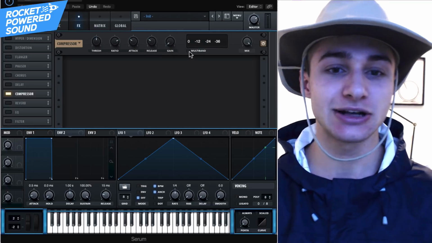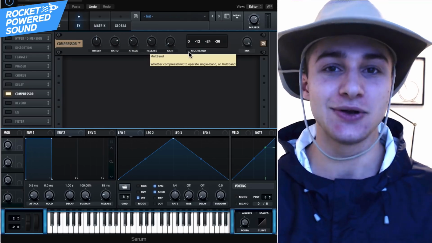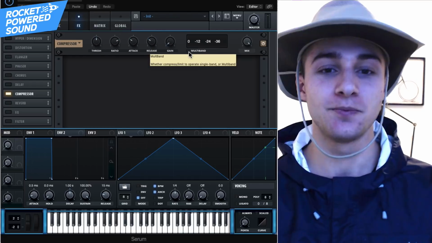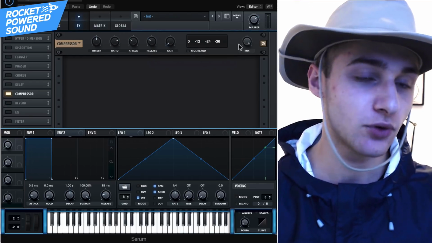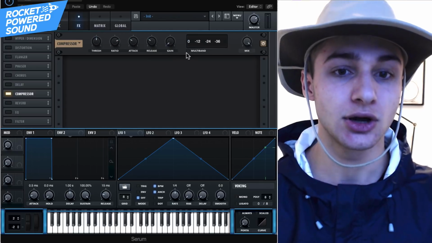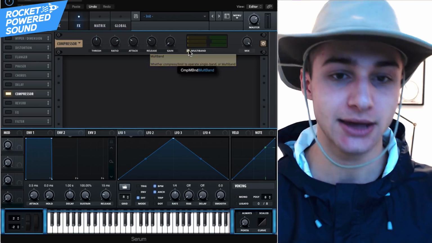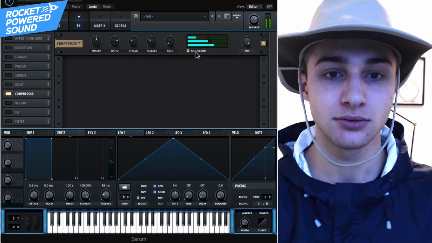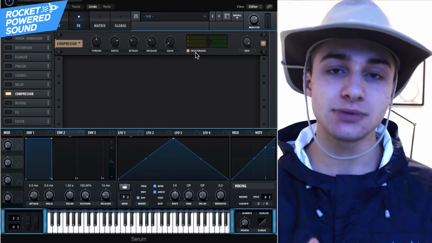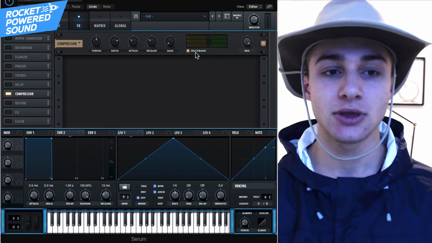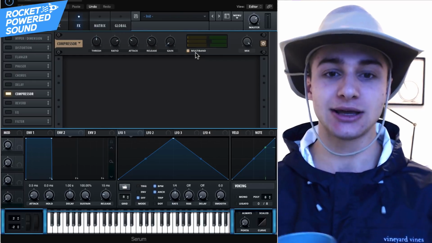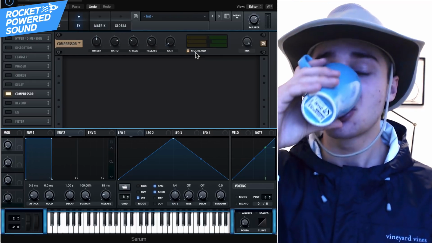Now, this is something that I think every single producer should know. This is the multi-band selection. So take a listen to the sawtooth waveform now. Okay, now let's press multi-band. And what happens here is a multi-band compressor is a super powerful OTT compressor, I believe. And basically what's happening is when we select multi-band,